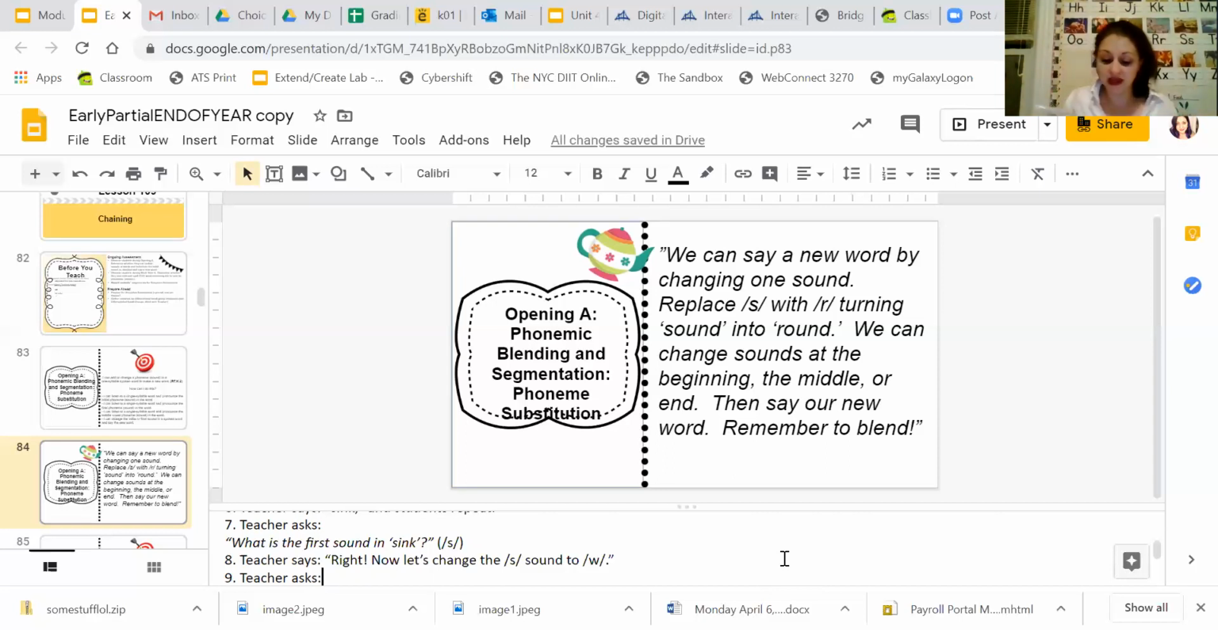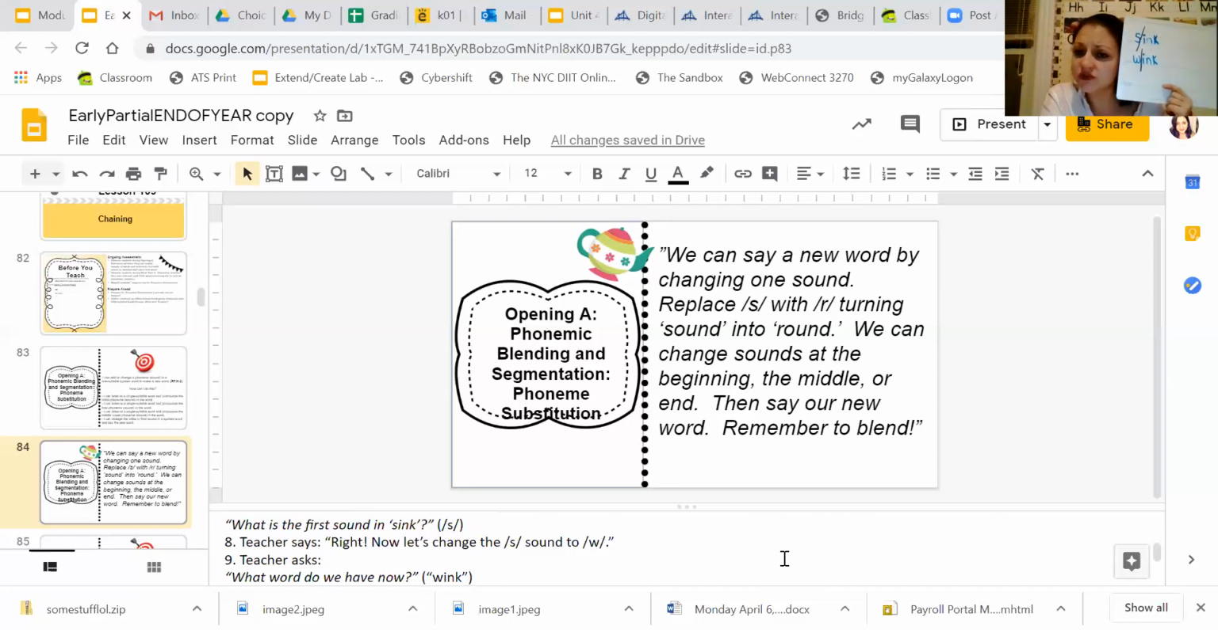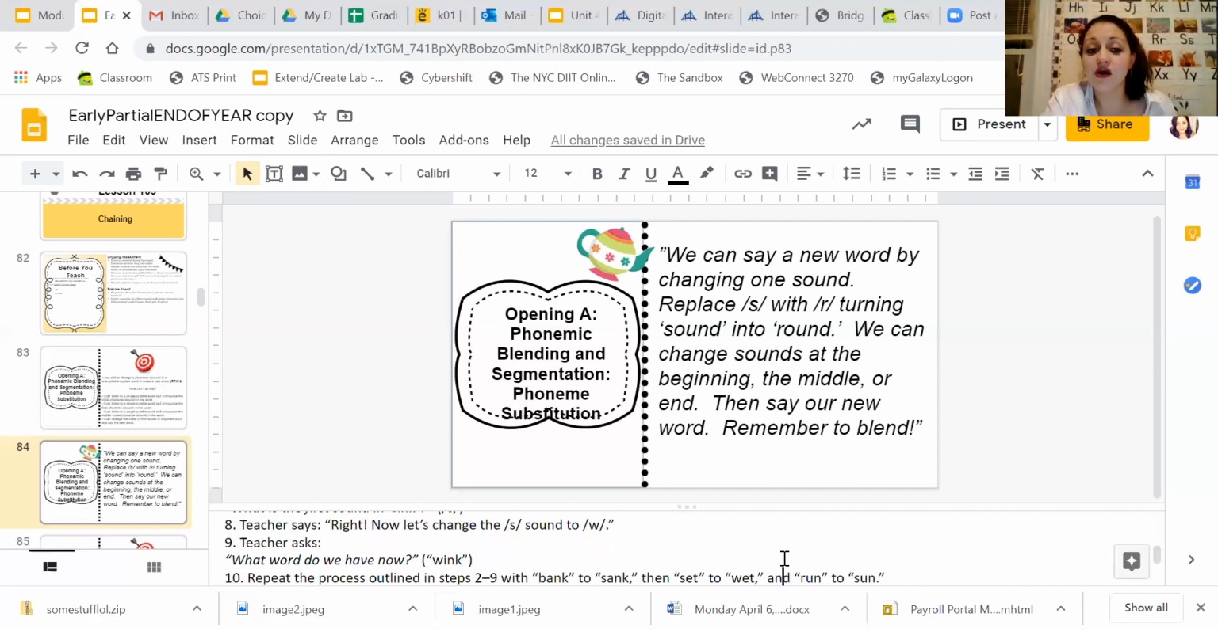So let me just break up that word and show you how there is a difference. We have the W as our beginning sound and ink as our ending sound, okay? So what word do we have now? Now we have the word wink. Ha, look at that. We had sink on top. Now we have wink. All right, now